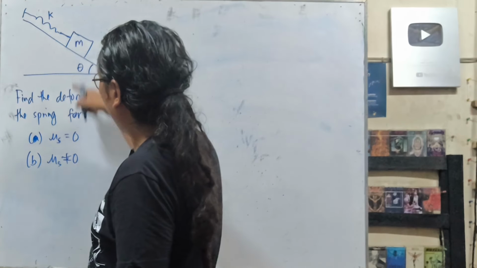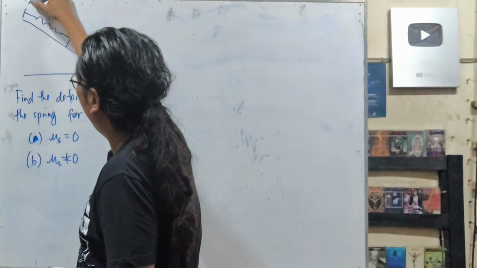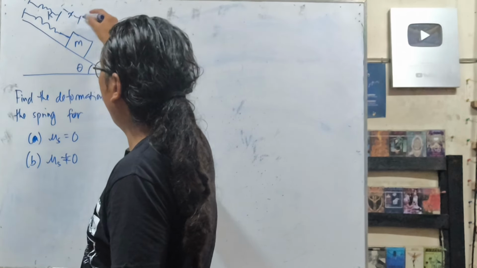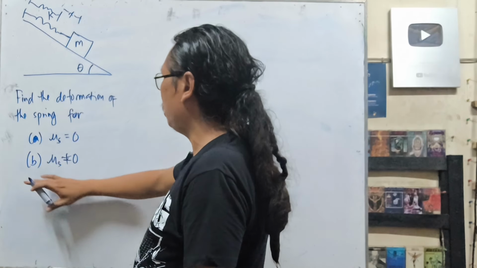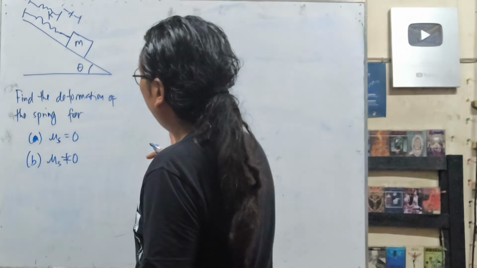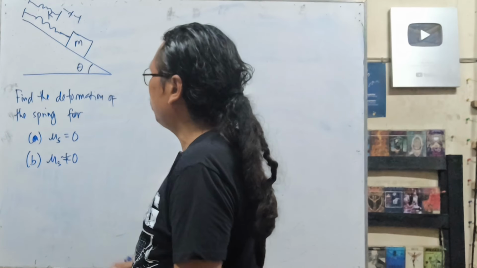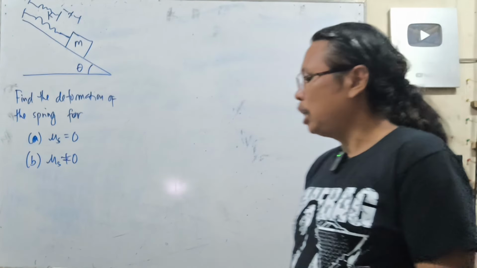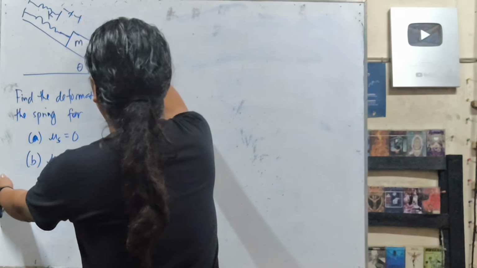We are asked to find the deformation of the spring. Let's assume that the equilibrium is at this point right here, so the spring has moved by a distance x, and we are asked to find x. First, this is frictionless, and second, there is what we call static friction. The givens are k, m, and theta, so all of our final answers must be in terms of theta, m, and k, and of course including g. Again, the first thing that we do is construct a free body diagram. I'll put the free body diagram here.